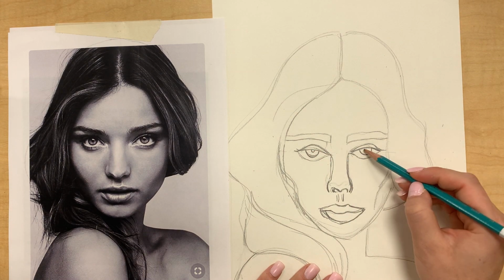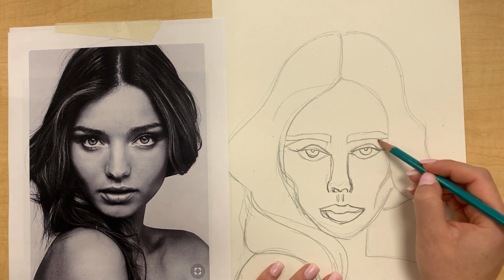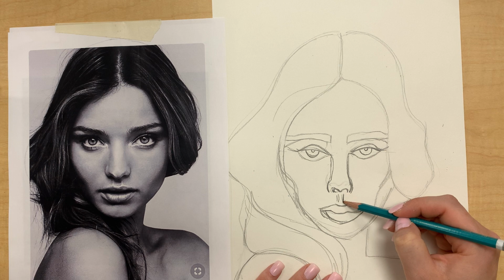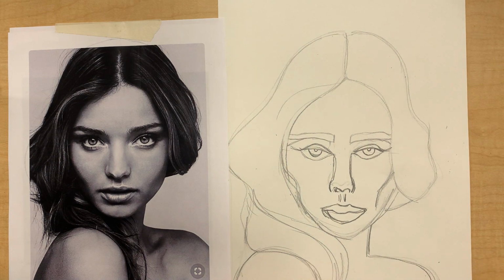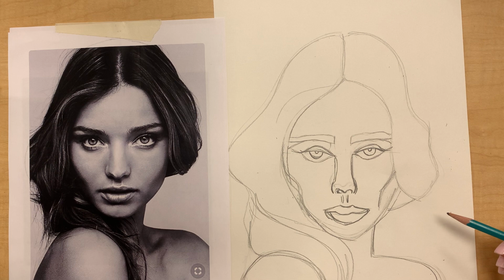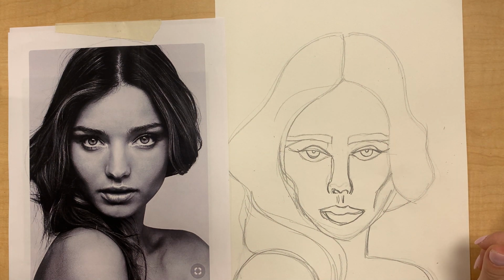Now I kind of forgot pupils, that's why she looks a little crazy. I kind of forgot this really shadowed area. This is like her upper lid. I'm just checking back now. Does everything make sense? And that's the outline component of this, so the contour